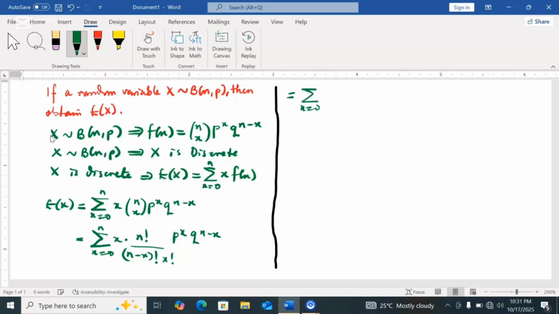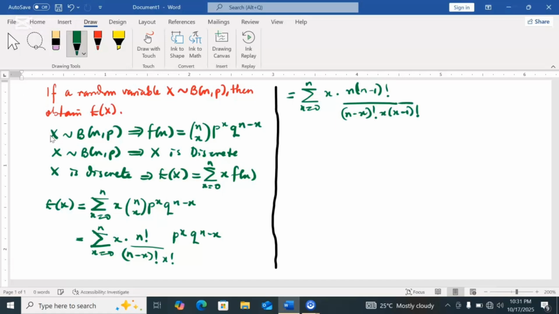Summation from x equals 0 to n, and this will be x times n minus 1 factorial. Note what I have done there, expanding this just one step, and this will be n minus x retained factorial, and this will be x minus 1